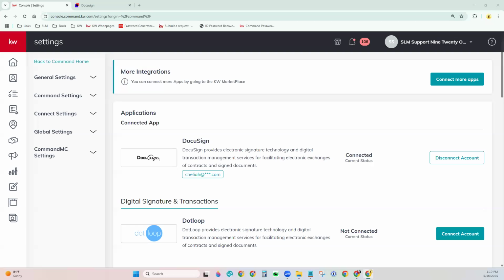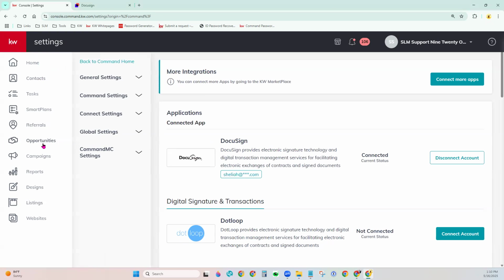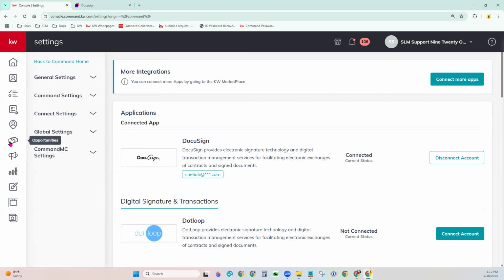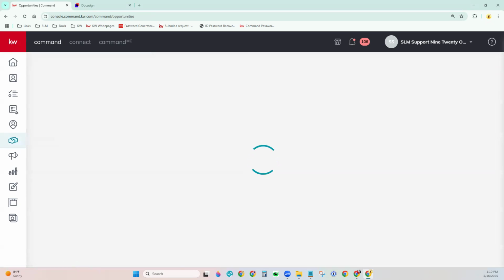I'm going to assume that you know how to create an opportunity. And so I'm going to go over here to our Opportunities tab, which is right here. It's two hands shaking. If you're not familiar with the icons yet, you can always click the red square and it will pop the names out for you. And you can always click it again to hide them. So we'll go to Opportunities here